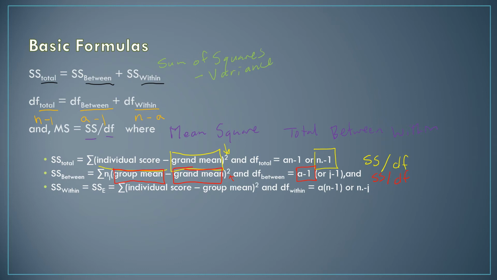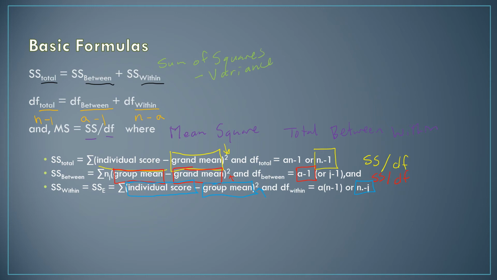And so for within, because this is within each one of the groups, we are looking at each individual score compared to the group mean that that individual is in. We have our square value, so we're doing a sum of the squares. And then for degrees of freedom, we are looking at what the sample size for the entire sample is in relation to the number of groups that you have. So you can take the total sample size for the entire group and subtract the number of groups that are